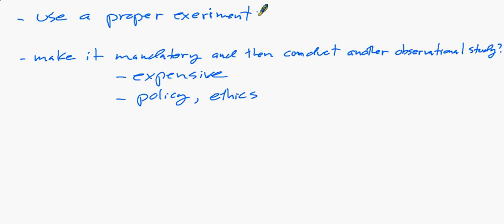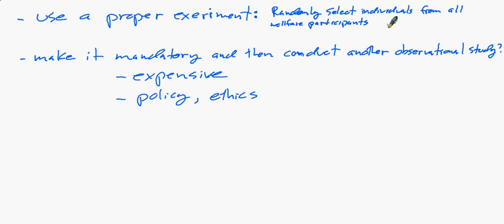Maybe let's talk about this experiment a little bit more. We will go into more details, but I should give you at least some idea of what it would be like. If we were going to do a proper experiment for this welfare job training program, what we could do is randomly select individuals from all of the welfare participants, have them go through the job training program,